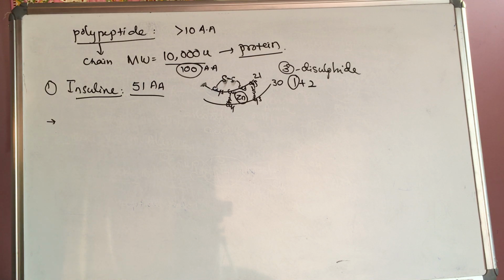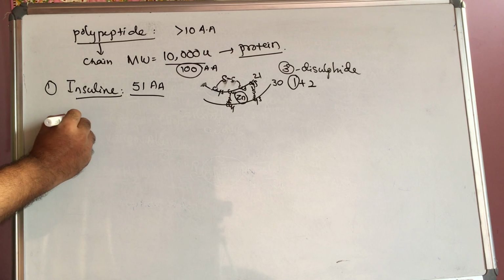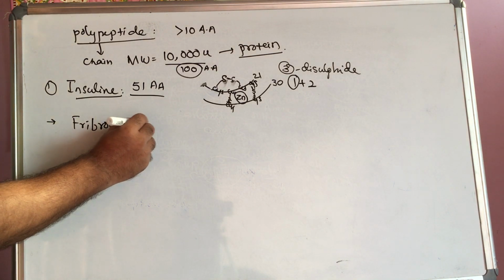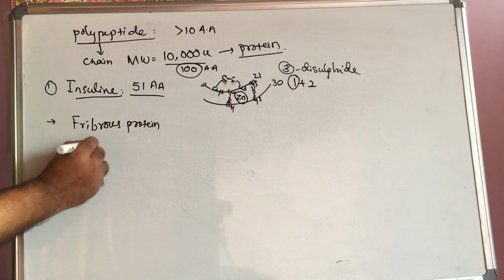In aspartame, how many peptide bonds are there? Only one peptide bond. And what amino acids does it have? One is aspartic acid and the other is phenylalanine. So we have to observe how they will ask linking questions from chapter to chapter. Next one, types of proteins. In that, fibrous proteins are there. Another is globular protein.